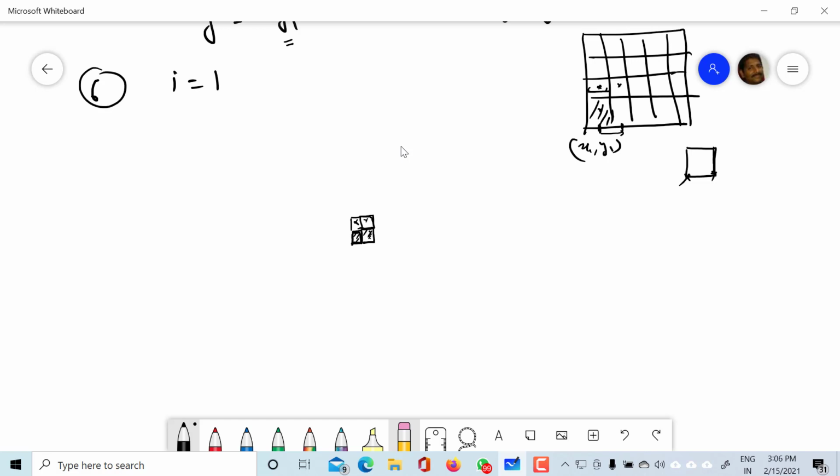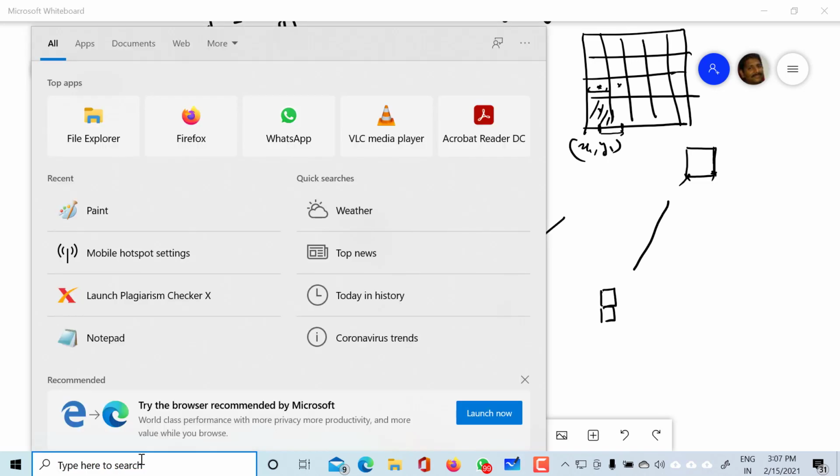When you draw the line, either this option will occur, or the second option will be this, or the third option will be this. It depends on whether the inclination of the line is less than 45 degrees, at 45 degrees, or more than 45 degrees. If it is more than 45, the option may be like this. If it is 45, then the option may be like this, and if it is less than 45 degrees, the option may be this one. I am again opening the paintbrush to demonstrate.